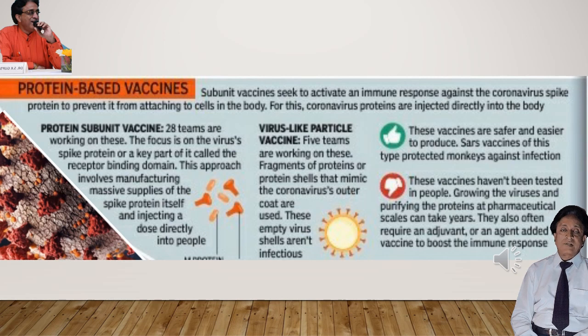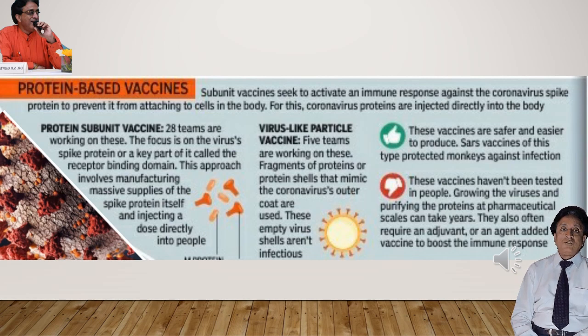Instead of using the whole virus to be introduced in the human body, because it can cause the risk of disease, it was thought: why not inject small proteins from the virus? These proteins are called the M proteins or the S proteins. Once they are injected inside the human body, they can mount an immunological response, and they can be pretty